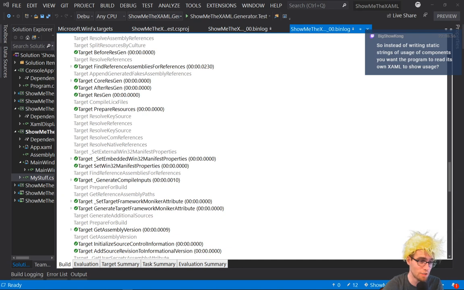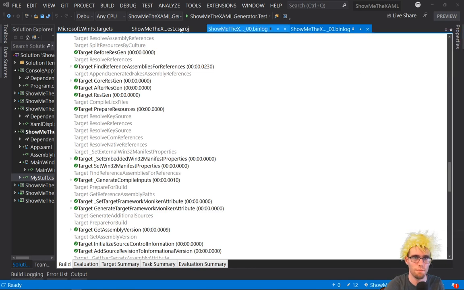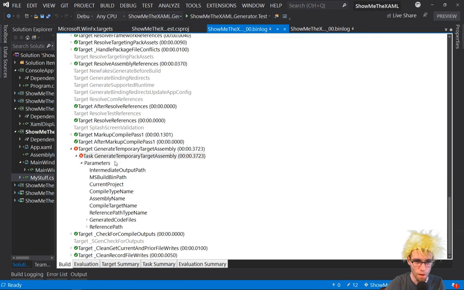The reading its own XAML to show its usage. But it's working with an MSBuild task, and I'd really like to not use my own custom MSBuild task and instead use the new source generators because they're cool, new, and shiny. And this was my excuse to learn them. But it appears that this guy here,